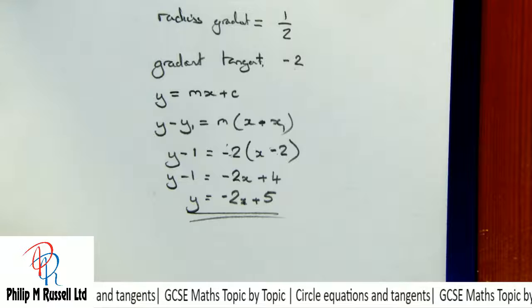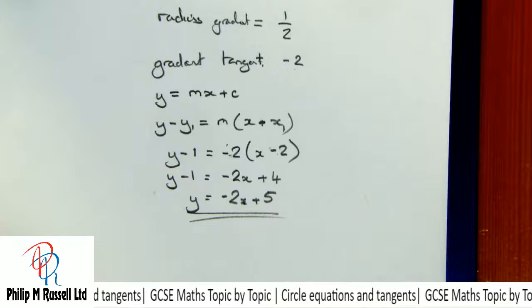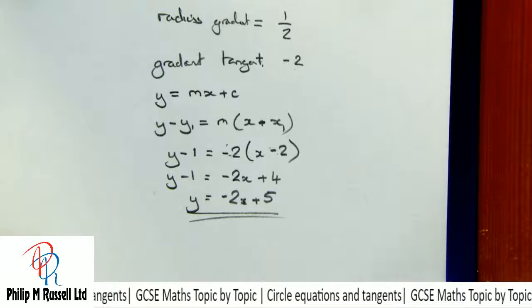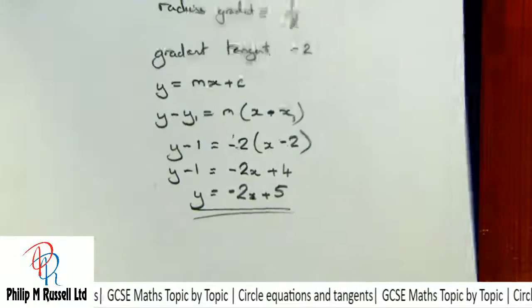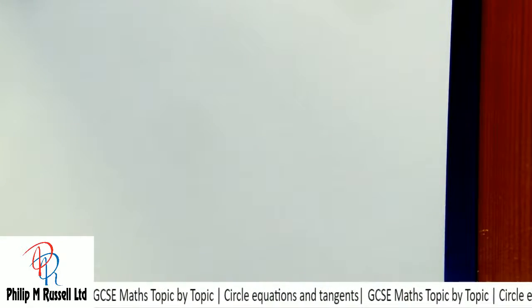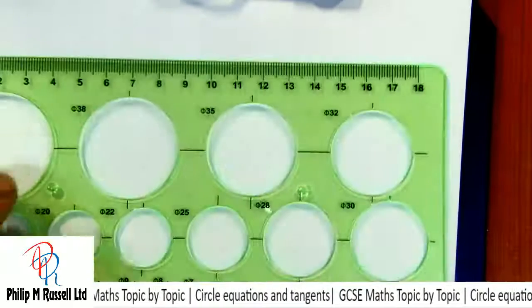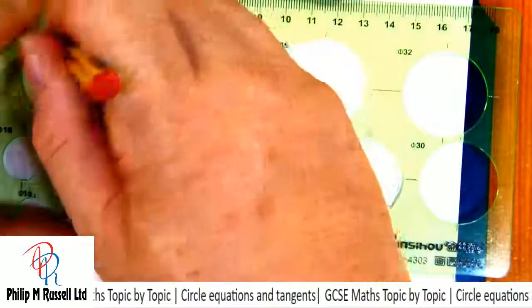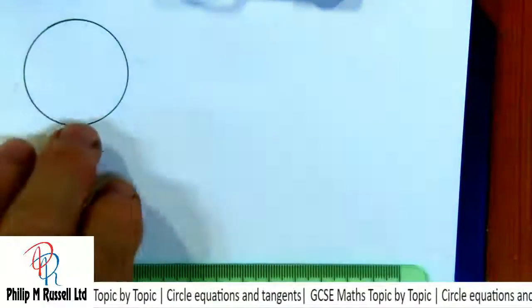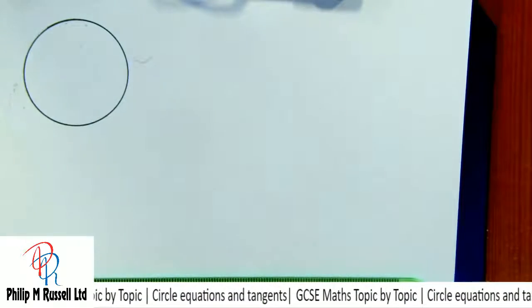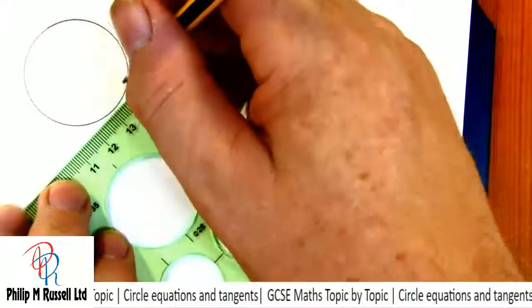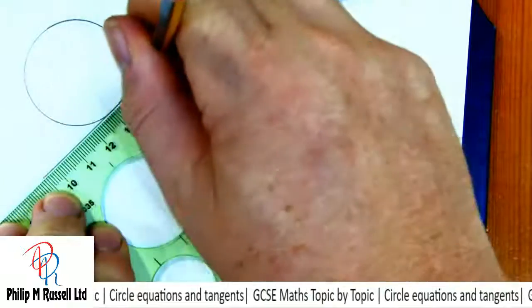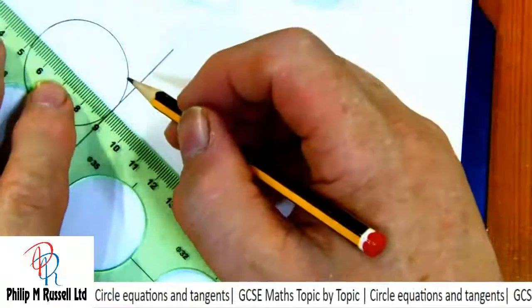Well, sometimes what they ask you to do is find the area of a triangle, and this isn't really as difficult as it's going to be, because when we're trying to work out these problems, we always end up with right angle triangles, and if you've got a right angle triangle, we can work out quite a lot about it. So let's have a tangent meeting a circle,